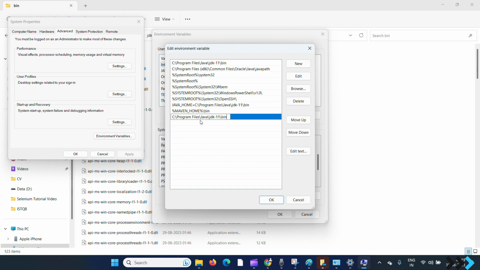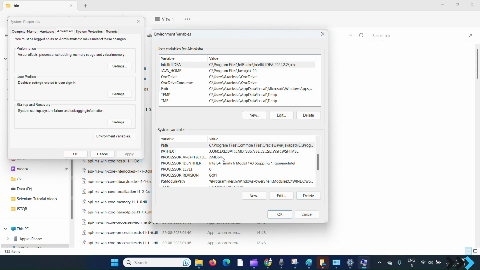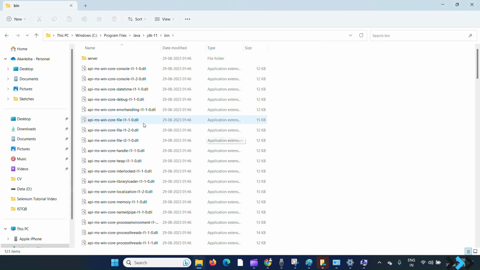So now we have added our system variable, but I'm not going to click on OK, but for your requirement you need to click on OK, right? Because you are going to save the system variable. But in my system it is already saved, that's why I'm not going to click on OK, I'm going to click on cancel. So in that way I have cancelled. So in this way we saved our system variable in our environment variable, right? So after all of the steps, just click on OK, right? Once you click on OK, these environment variables are set on your system, right?